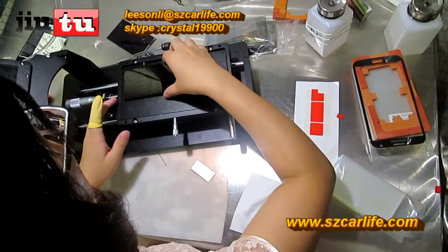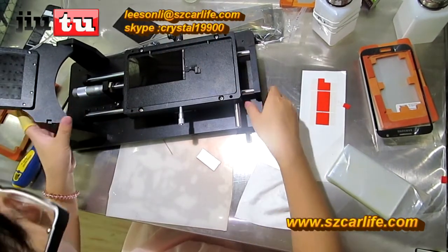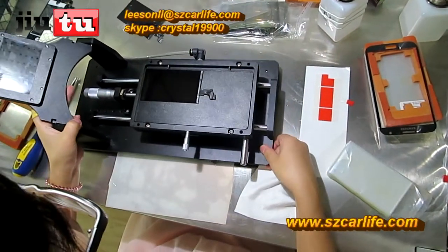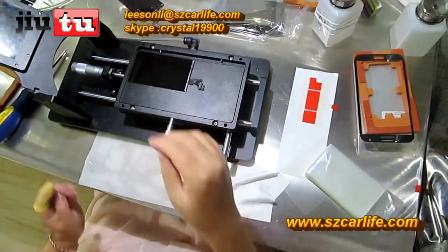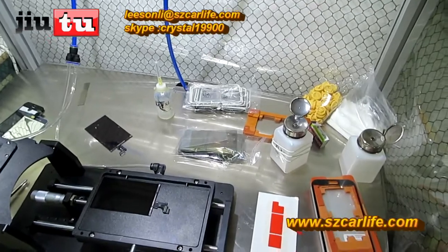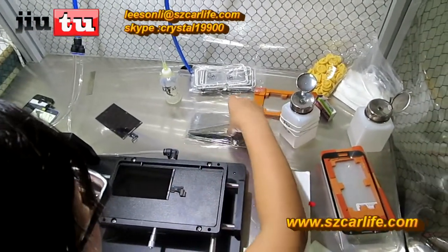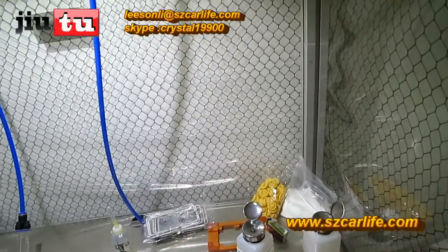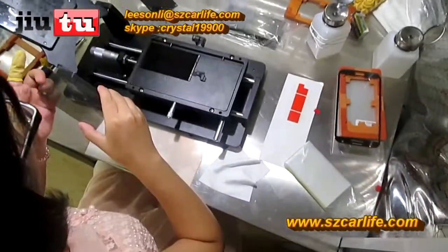And then put it on this machine. This is the manual laminating machine for you to paste both the OCA film and the polarizer film on it. And see here, it is connected with a vacuum pump with a pedal here, so it will be easier for you to operate. And now because the polarizer film has been removed, first we have to paste the polarizer